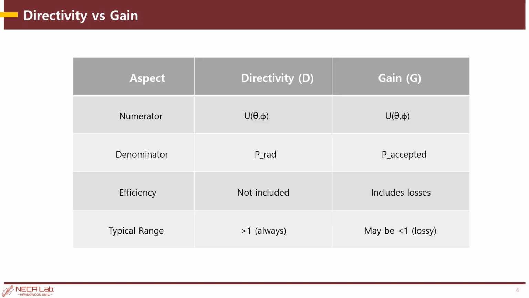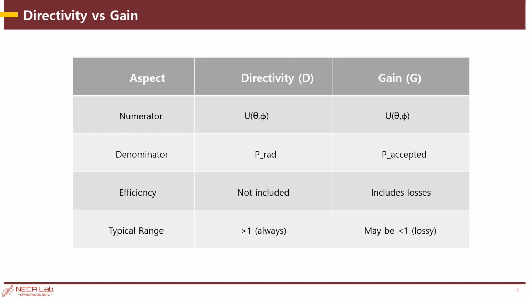Now let's compare directivity and gain to better understand their differences. First, let's look at the numerator. Both directivity and gain use U(theta, phi), which represents the radiation intensity in a given direction. Second, the key difference lies in the denominator. For directivity, we use P radiated, which is the total power radiated by the antenna. For gain, we use P accepted, which is the total power accepted by the antenna, accounting for any losses inside